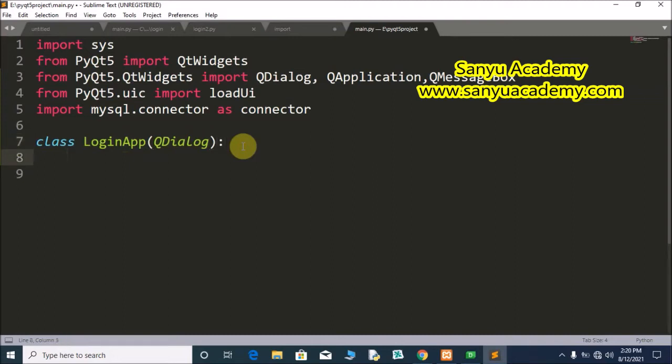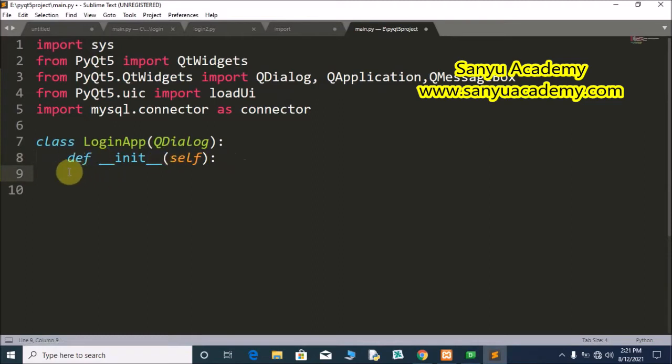We have to create the constructor method, __init__. This is the constructor method, self. This method is inside the class, so we have to provide the self keyword in the class parameters.